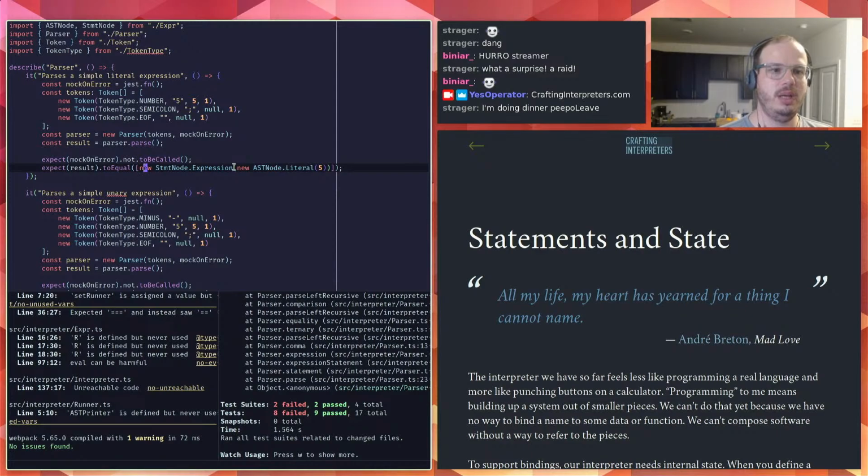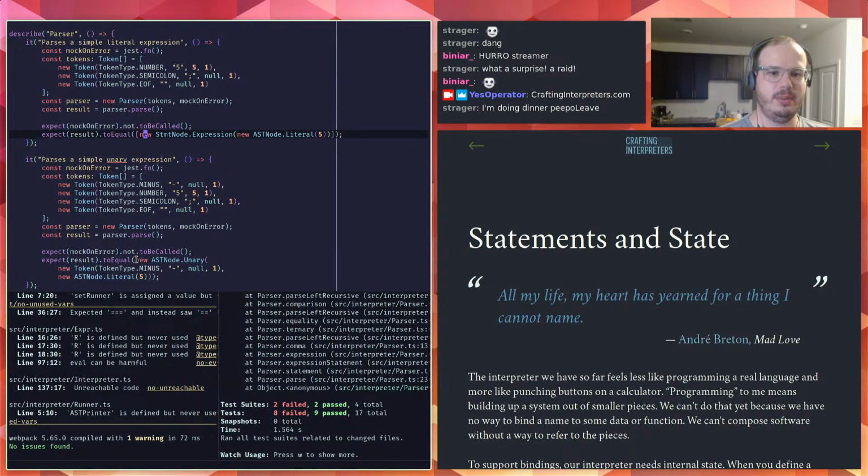The next thing I need to do is where I have expect to equal new AST node, I then need to change that to wrap that in all this business. So I'm going to save this now for easy copying and pasting, and hopefully I can do this with kind of a macro. So, okay, I'm performing a Vim macro, which I'm not good at, especially on camera, but I will attempt it.